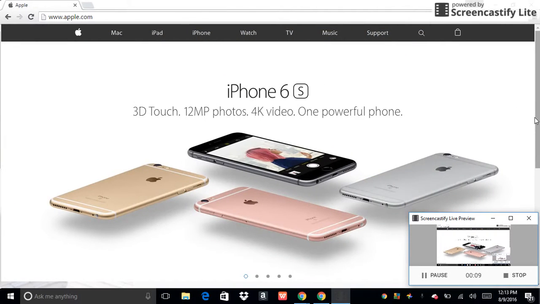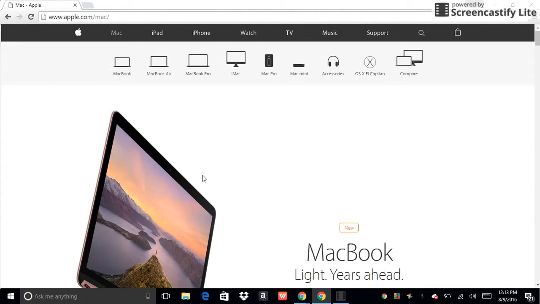Okay, so what I mean by this is I will be looking at the different Macs. So I know what you might be saying. Well, it says it right there: MacBook, MacBook Air, MacBook Pro, iMac, Mac Pro, Mac Mini. Okay, yeah, well, that basically went through the entire video, but